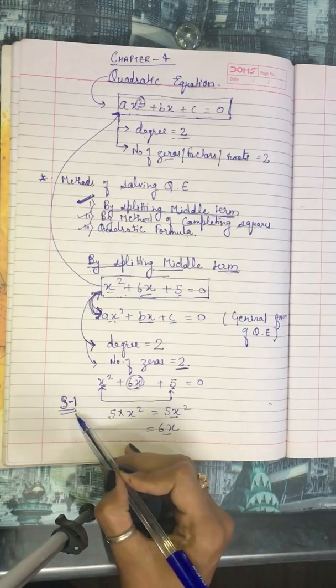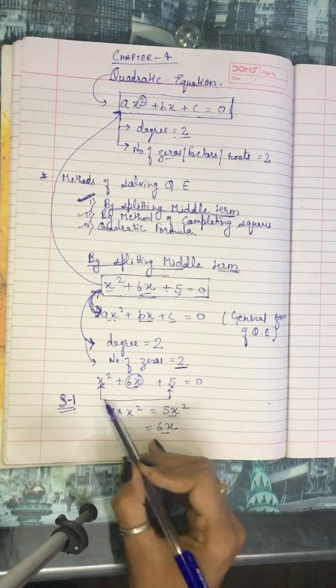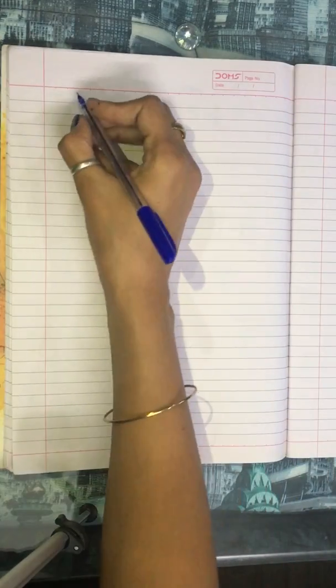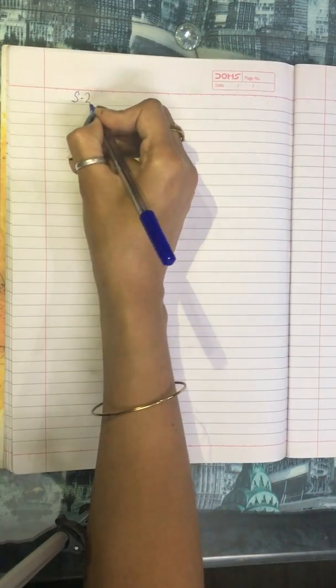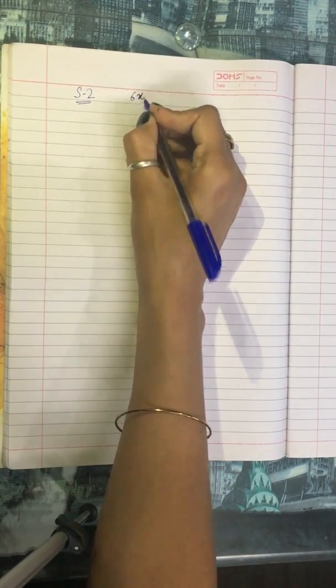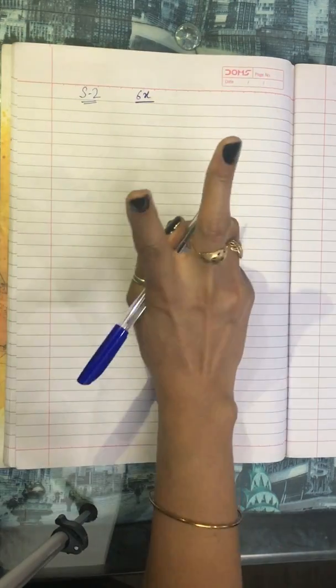That's it. This one is step number 1. Now comes the next step, step number 2. In this step, we have to split the middle term, that is 6x. We have to split this 6x into two parts,